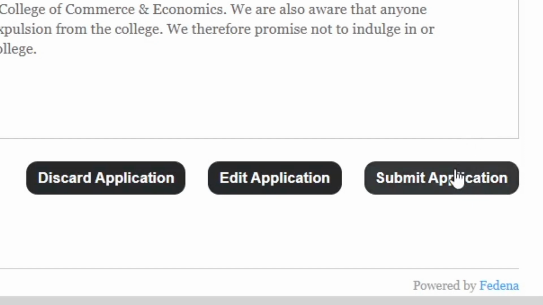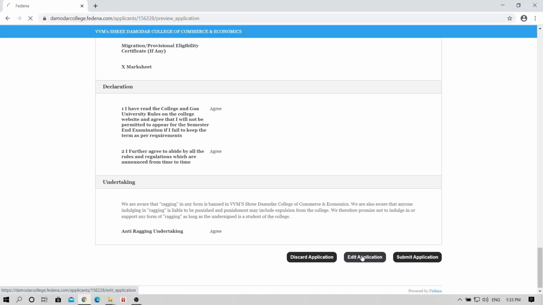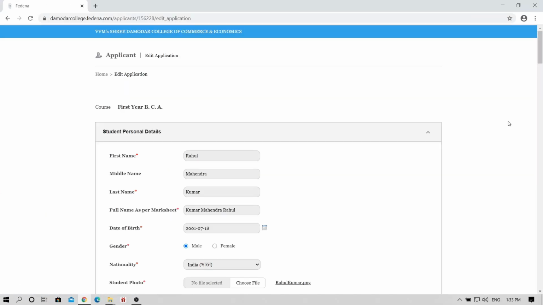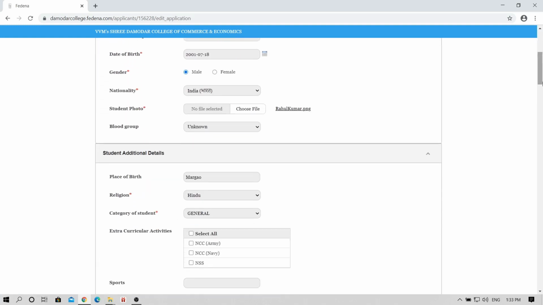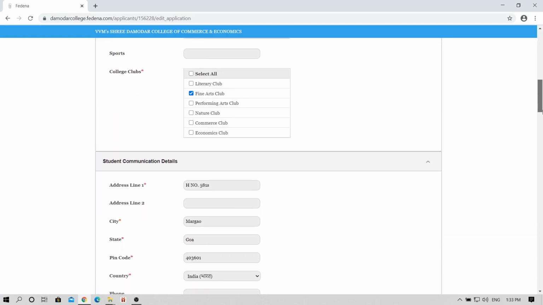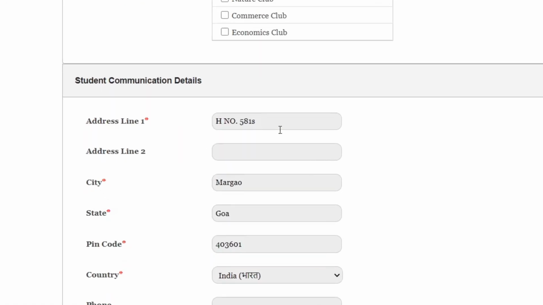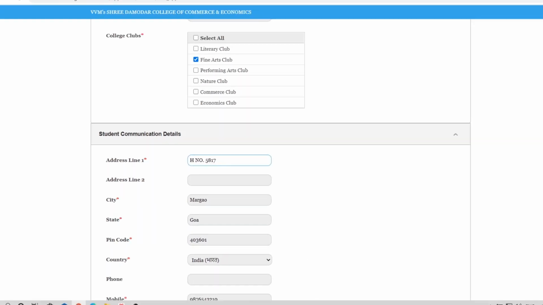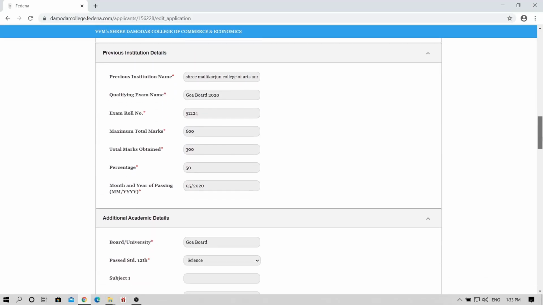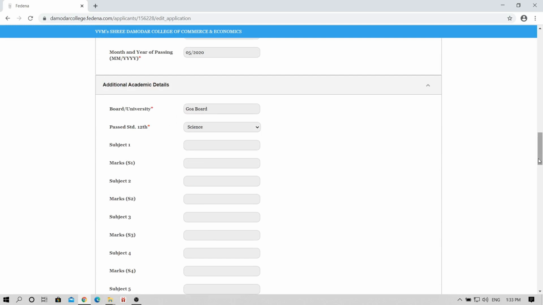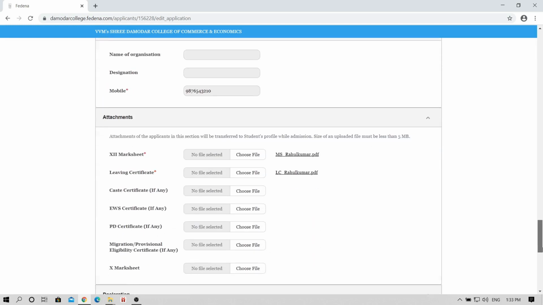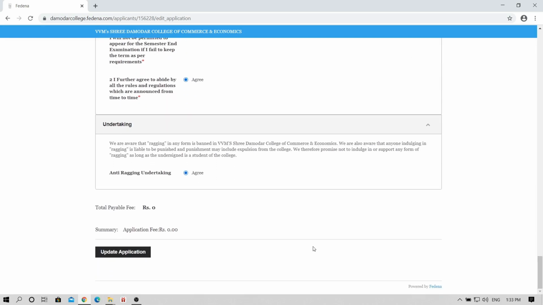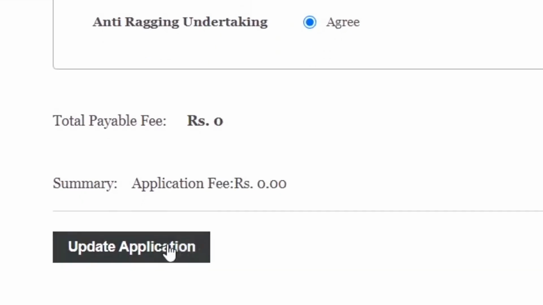If you wish to change something, please click on the Edit Application button. Make the change to your application wherever required. And click Update Application.